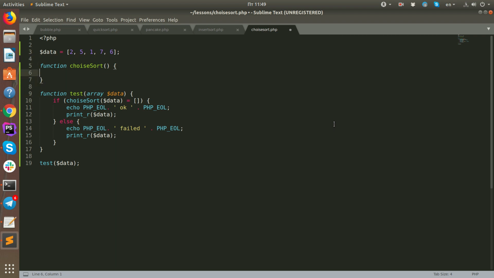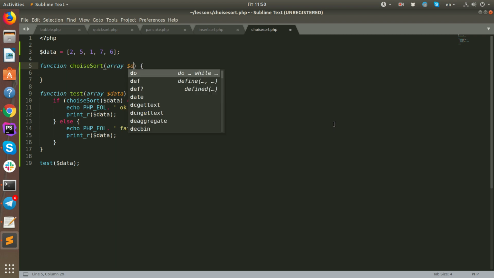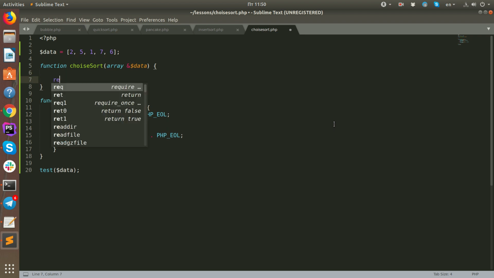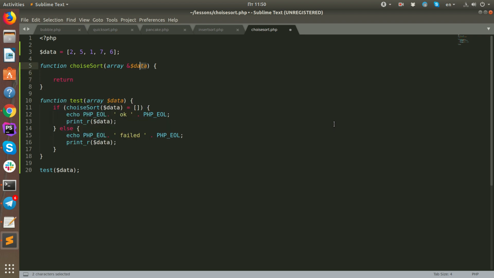So let's write the body of function choice sort. This function will take a parameter of type array, data. This function also takes the parameter data as a link, and this function will return the sorted array data. If we call our function test now, we will have a failed message. Let's show it. I named this file choice sort. We